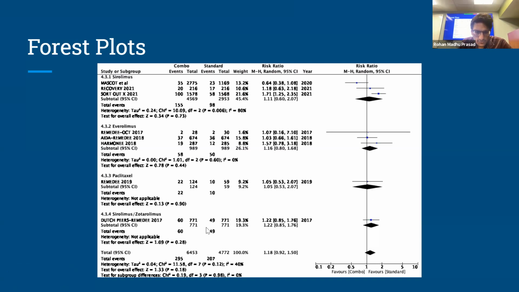I believe it was the fact that I was trying to show that there was no difference in any of the studies that included stents, because if we go